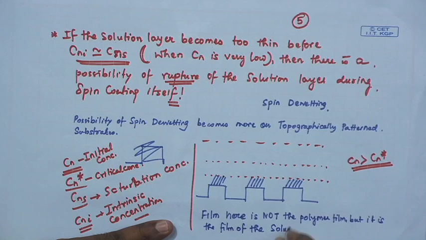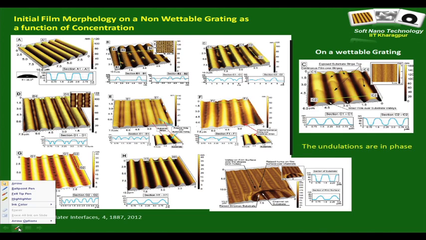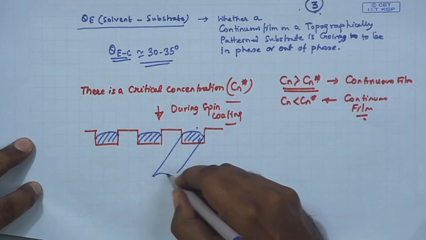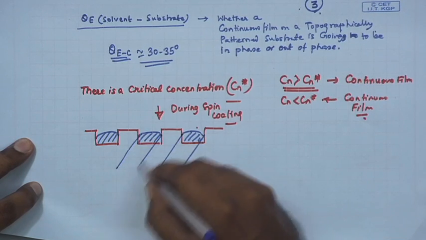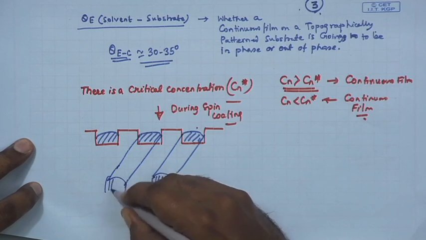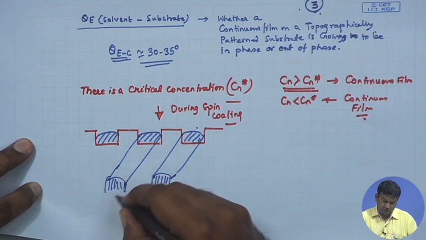Of the solution that undergoes rupture over these areas, and this spin dewetting in fact leads to localization of the polymeric threads along the grooves. Now, interesting to note what in fact happens is, when you get this type of a morphology, like you get polymeric threads along the substrate grooves,